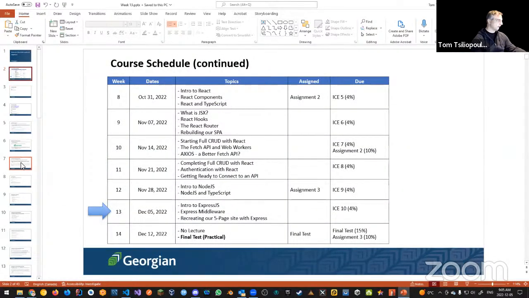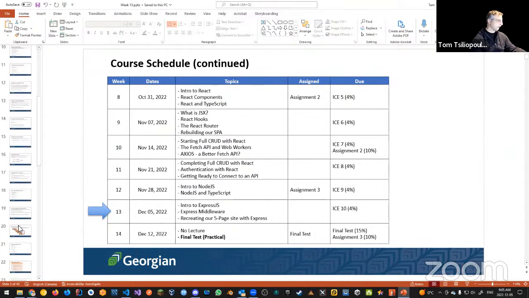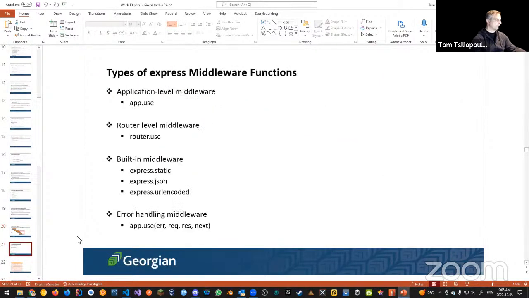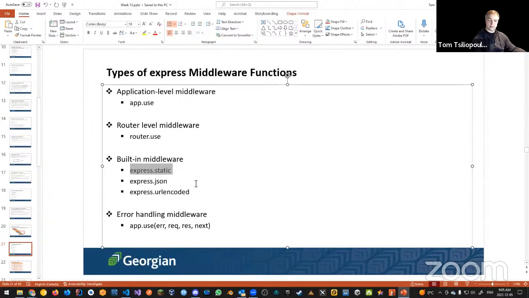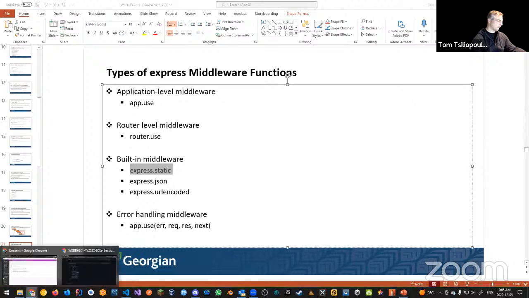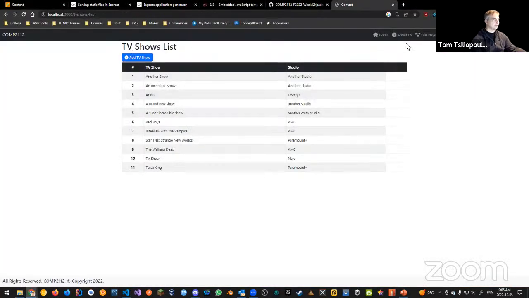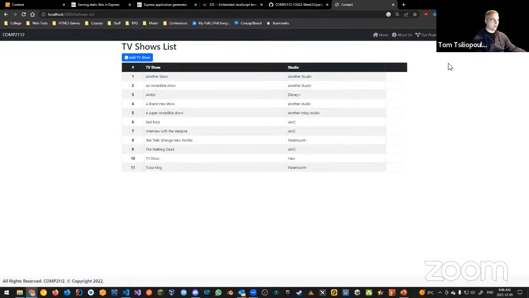We're still sitting here, and where last we left off, we were talking about middleware functions. And we also did an example with Express Static, like loading up our static files from a couple weeks ago. And if we look, we got something that looks like this. You can see that all the routing works, the front end routing that we put together totally works like how we did it before.